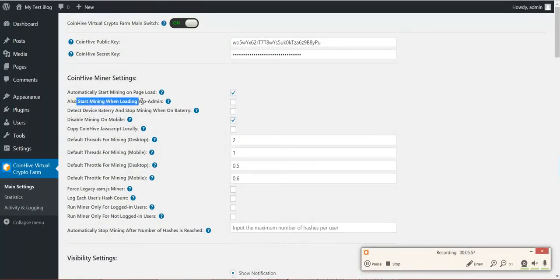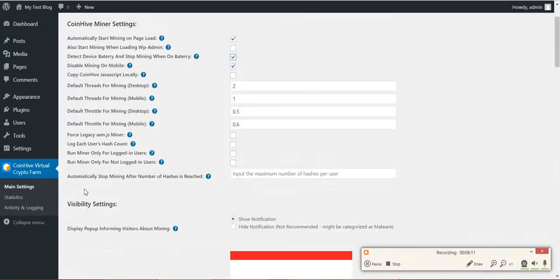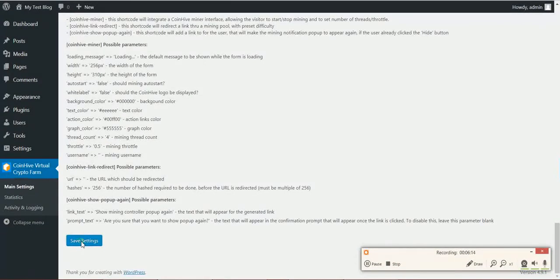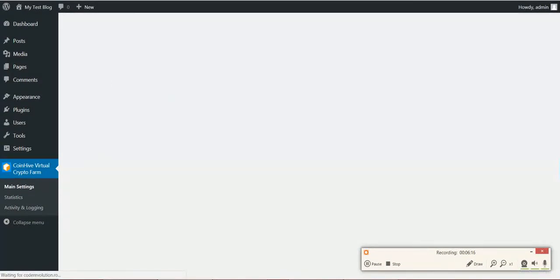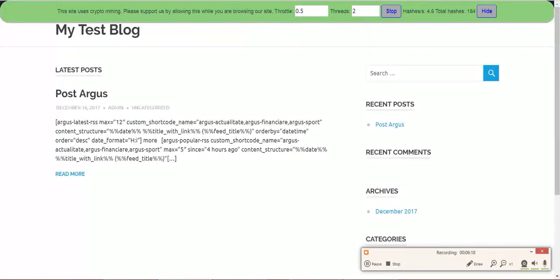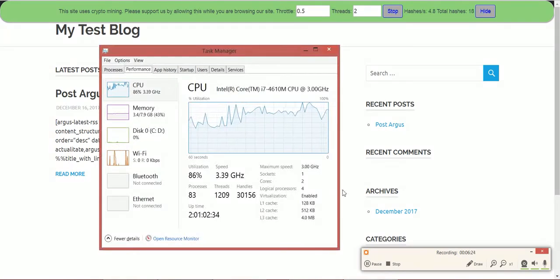Also start mining when loading WordPress admin. If you check this checkbox, mining will start also in the WordPress admin. Detect device battery and stop mining when on battery. This is a very cool feature. If you check this checkbox and save settings, let's refresh our page right now. It is automatically running,